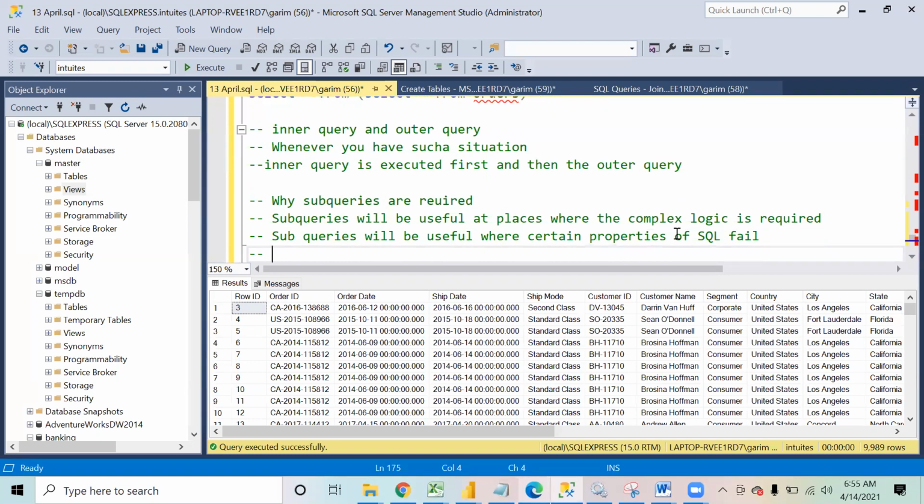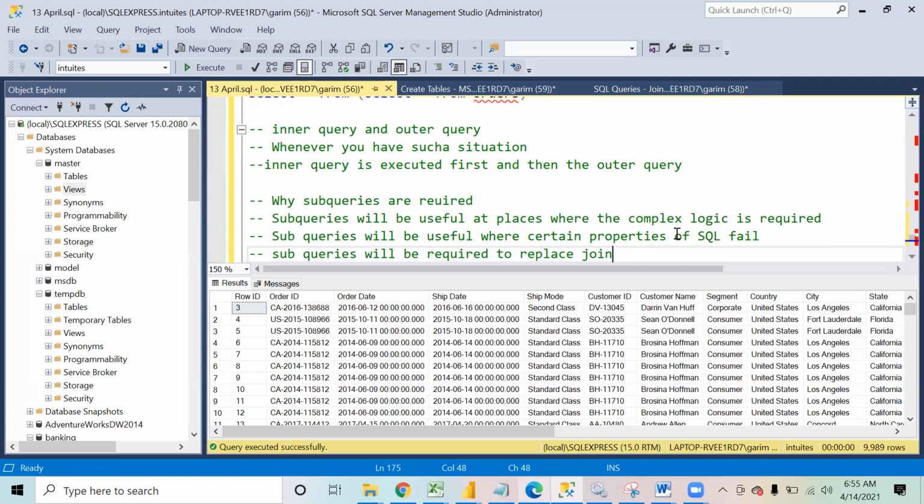Subqueries can also be used instead of joins.